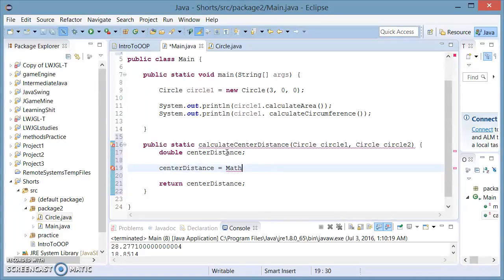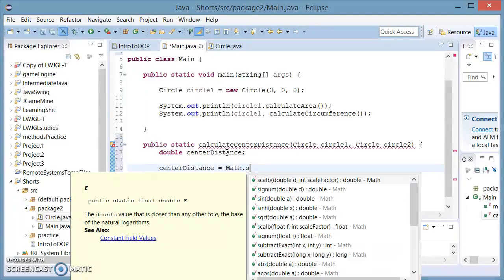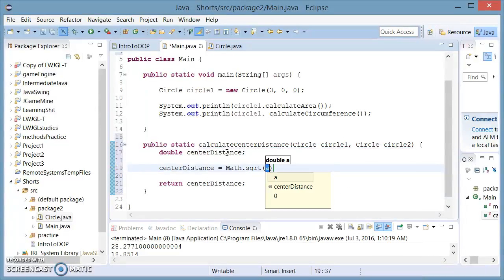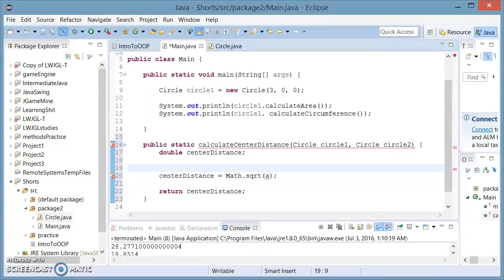I'm going to take it apart into two operations to make it easier to understand. Now we're just going to be taking the square root using the java.lang class, using Math.sqrt to calculate a. A is going to be the hypotenuse squared, and so I'm going to initialize a. A is going to be a double,